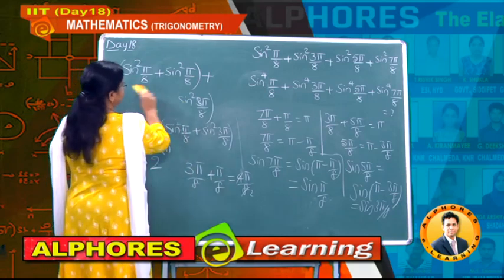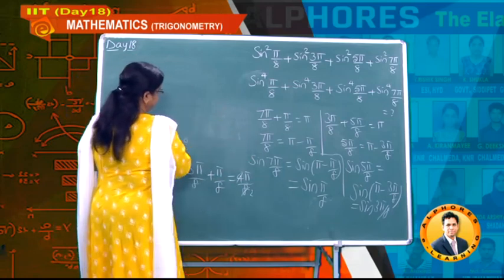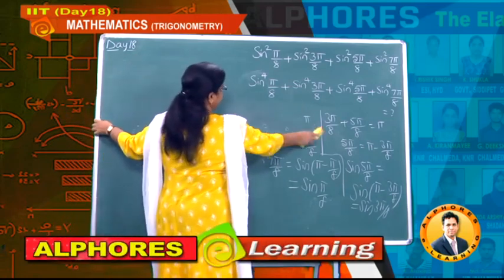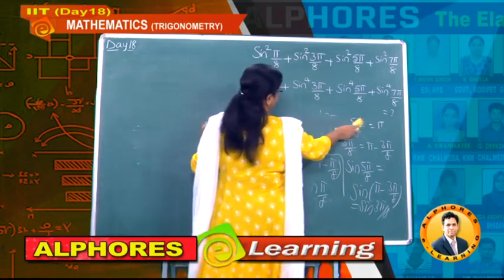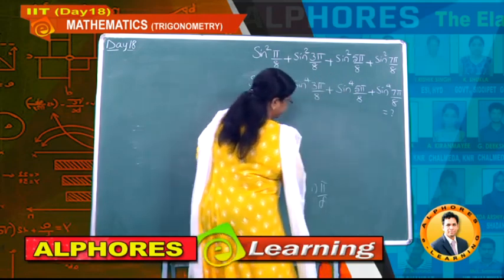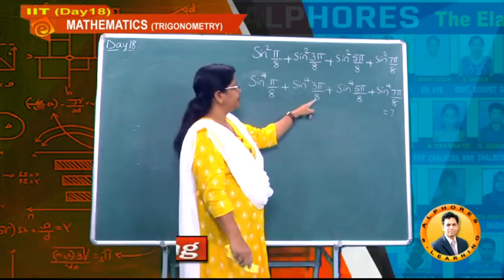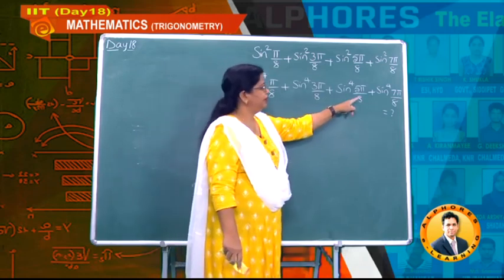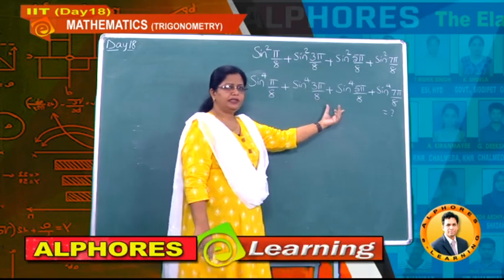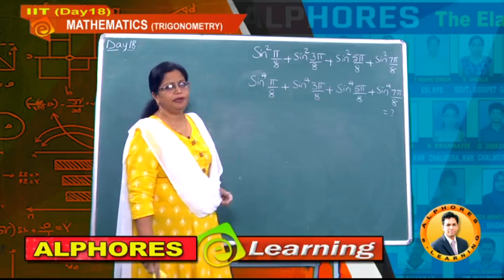Now students, let us observe the next problem. The only difference is here powers are given in terms of 4. Let us go for the same strategy, but here 4 is there. As 4 is there, how much can you obtain here? First one pi by 8, and this is 3 pi by 8, 5 pi by 8, 7 pi by 8. Now I want to convert all the rest of the angles in terms of the smallest acute angle, that is pi by 8.